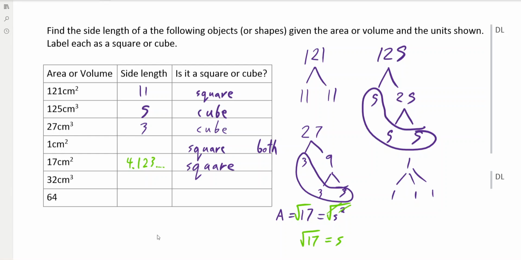Okay, 32. If we do a prime factor tree for that, 32 is 4 and 8, 2, 2, 2, 4, 2, and 2, and yeah, there's not much we can do except since it is cube rooting, we can take out one group of 2, and we could say that there's a 2 times 2 inside the